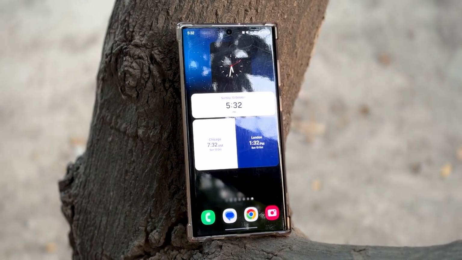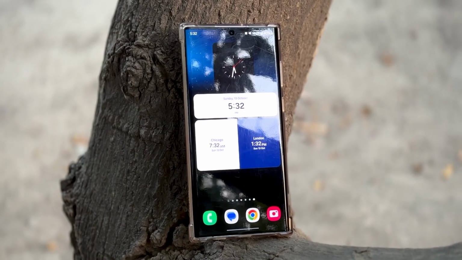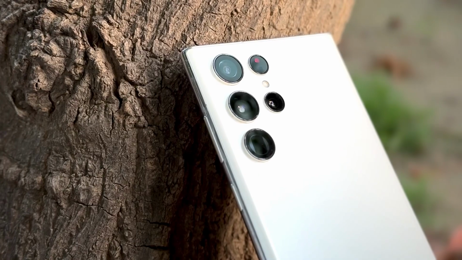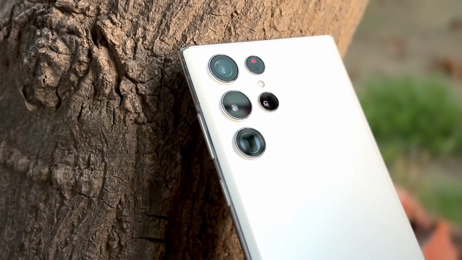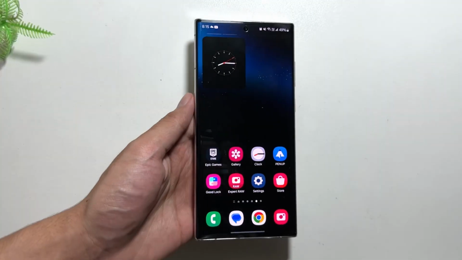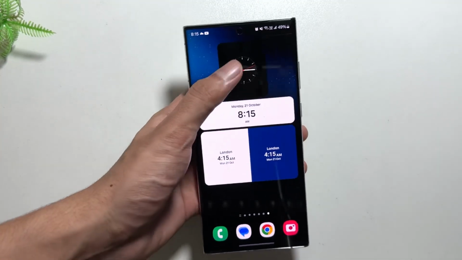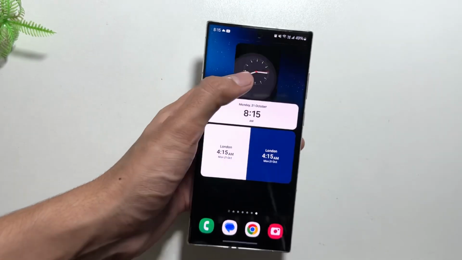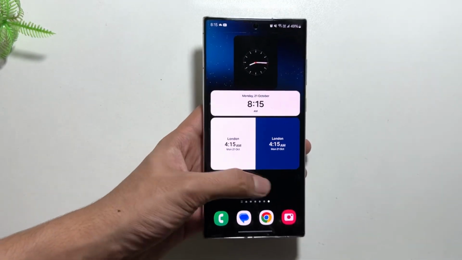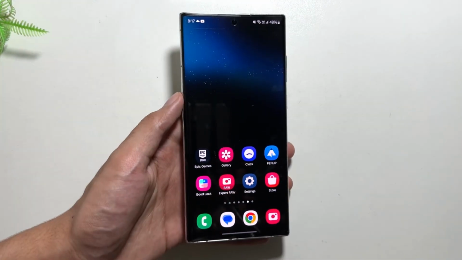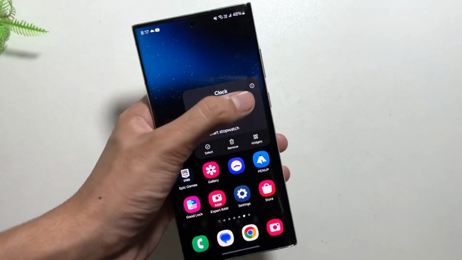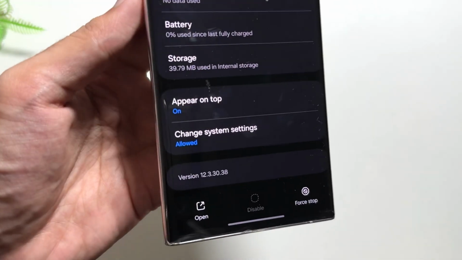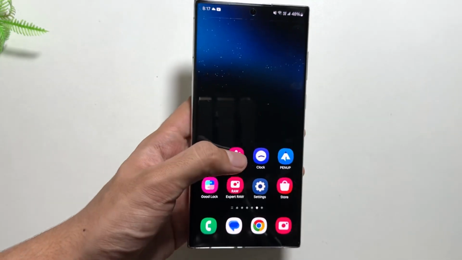So, as we know, the One UI 6.1.1 update has finally rolled out and now all the hype is about the One UI 7 update. We will get to see One UI 7 by the end of this year or most probably next year. But using this trick, you can get early access to the clock widgets and application of One UI 7. As for now, as you can see, the clock application is on the older version of One